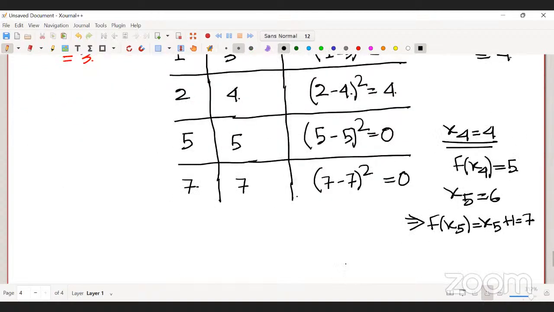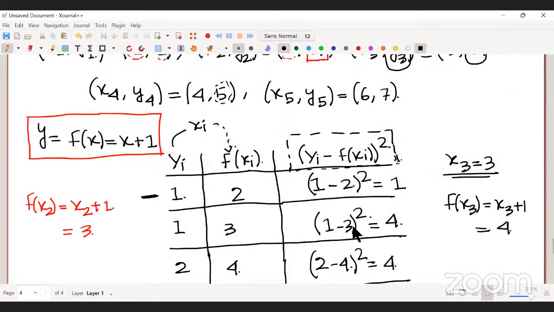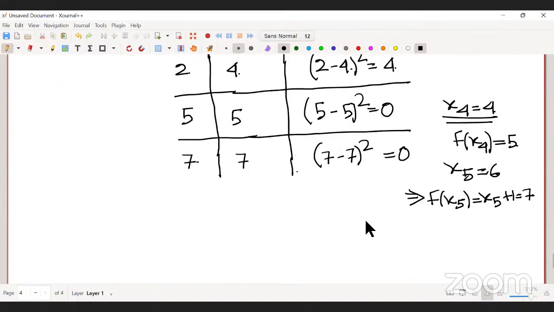So now for all the pairs of data we have computed yi minus f of xi whole square. So the sum square error, where I have 5 data points, here the sum square error is nothing but